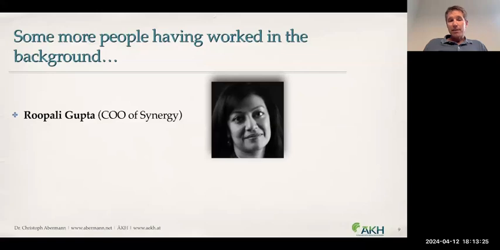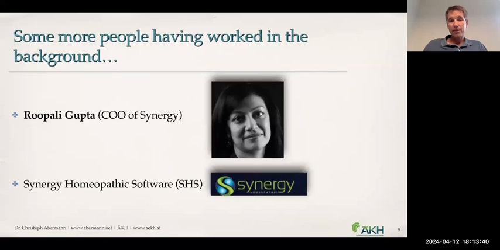But there were some other people that were important, especially in the last year of the negotiations. It was Rupali from Synergy, who did a big part and was very important in our group. She had very good ideas often, and it was very good to work with her. And it's not only she herself, but it's also Synergy, who gives the software to make the additions. That's why Synergy will be the first software where you can buy the Saine repertory.